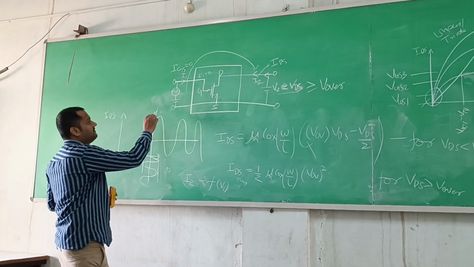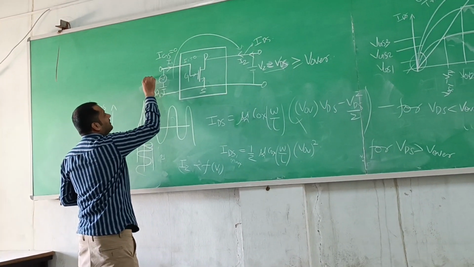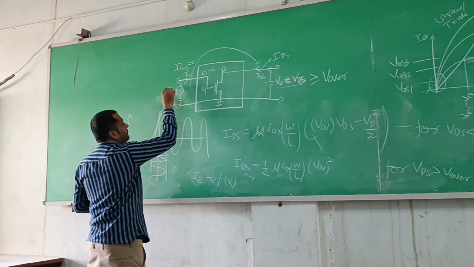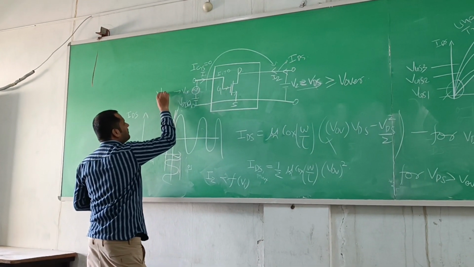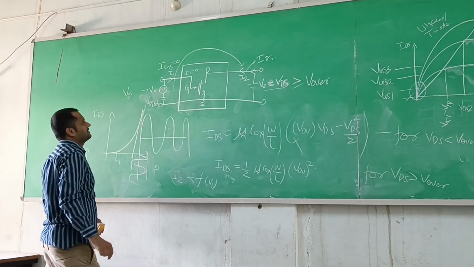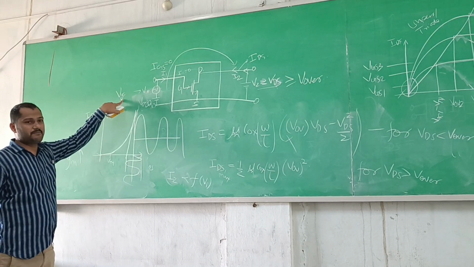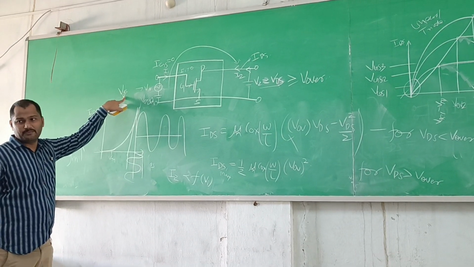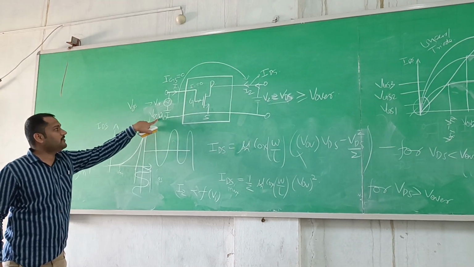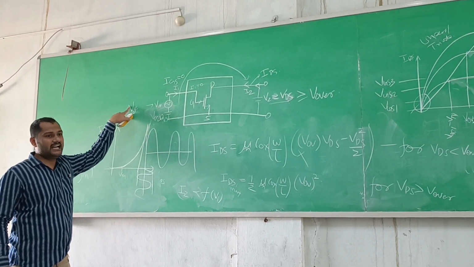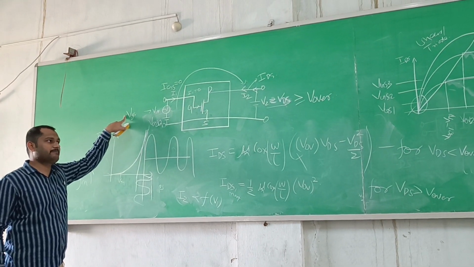So here we want a VGSQ and we will apply a V input. This is the notation for this V input, like small vgs, we use a subscript. Write down, note this important point. Don't confuse, this small vgs is not equal to this capital VGS. They are different. For an AC signal we use small subscript.